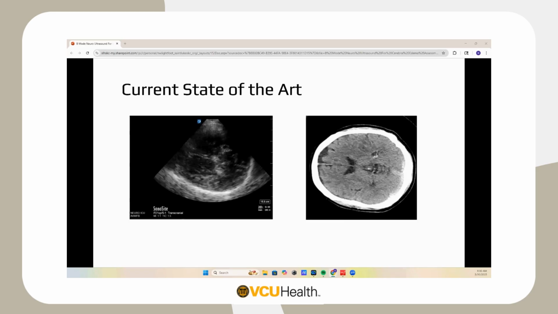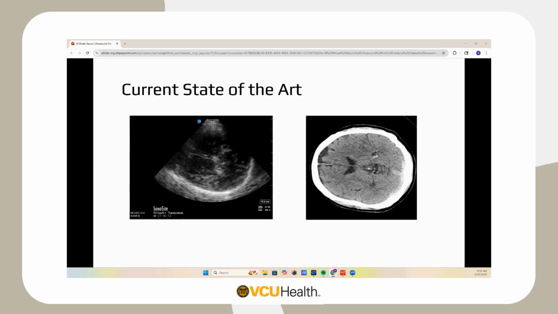So as I said, intracranial ultrasound using B mode is not a common application of ultrasound. As we've been talking today, the most standardized use of ultrasound is TCD, really used for detection of vasospasm in subarachnoid hemorrhage. But beyond that, not much usage for B mode ultrasound. I guess this is really due to